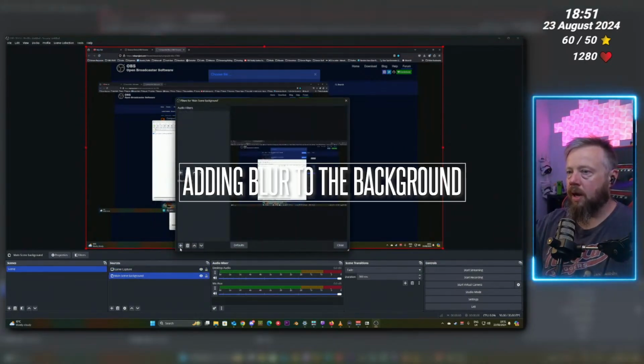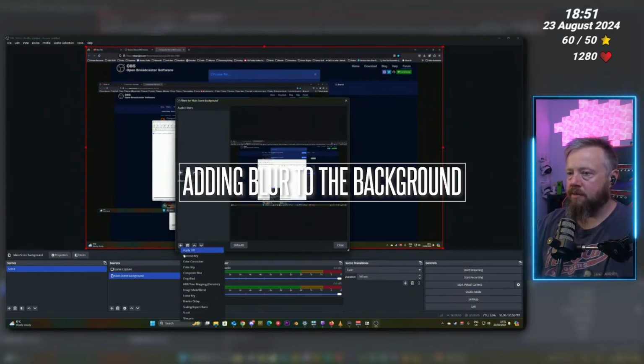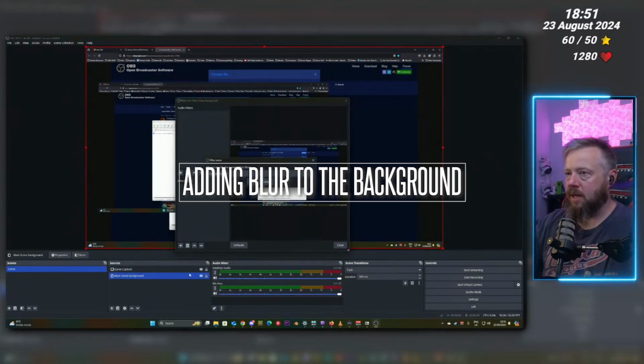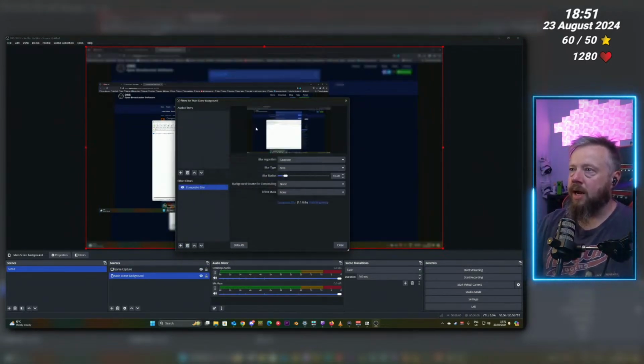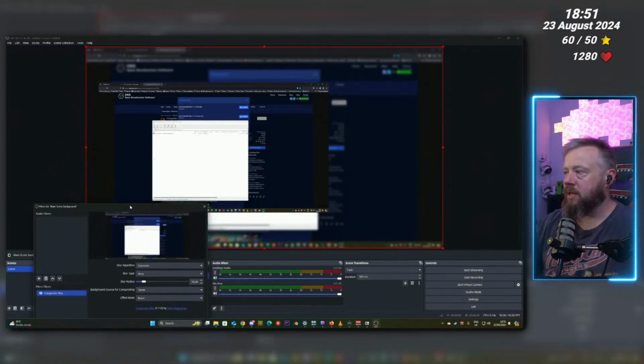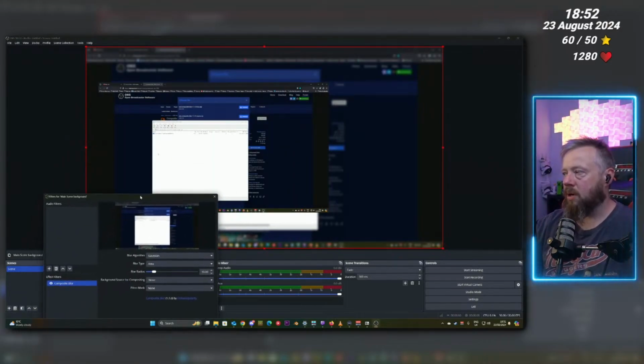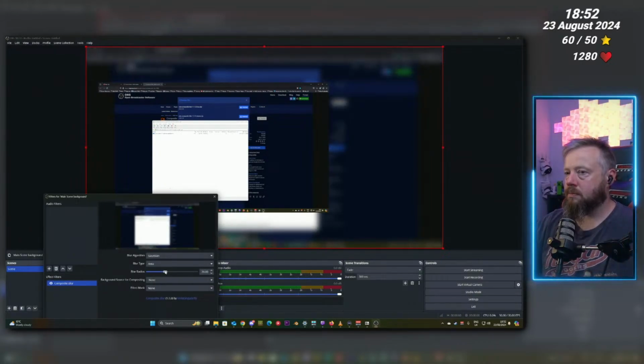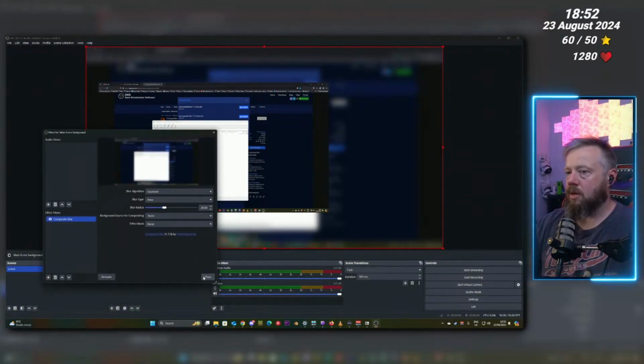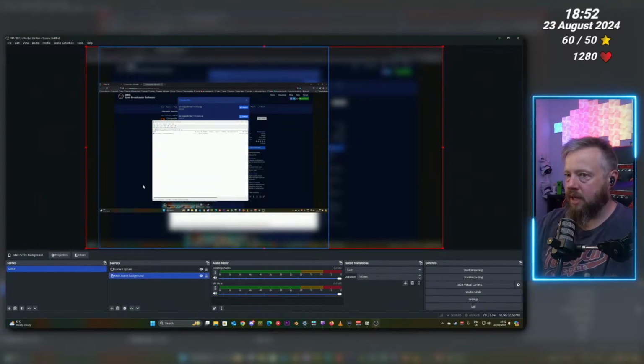You'll then be able to add an effect filter, and the effect filter composite blur has been added. Just click OK, and you can now see, even by default, it's already quite blurry. You can increase the blur any amount, and there you go. Click close. So now you have the game scene